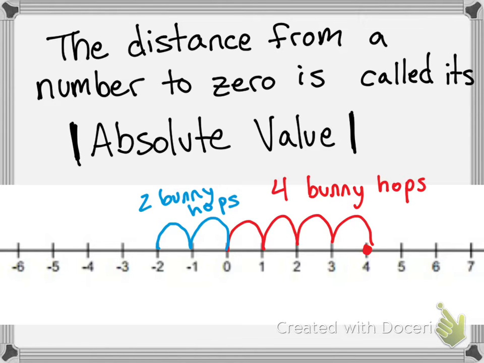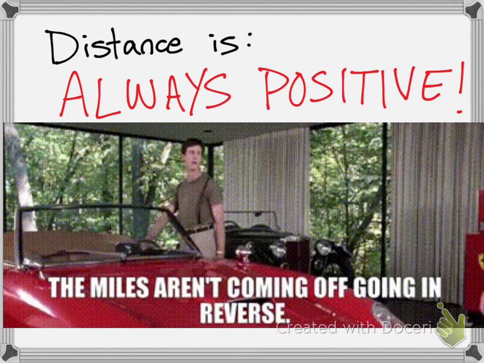So Lila, how many bunny hops did I have to make to get to positive 4? 4 bunny hops. Pearson, how many bunny hops did I have to do to get to negative 2? 2. Yeah, 2 bunny hops. We don't have negative bunny hops. Bunnies can't hop negative, even if they hop backwards. Distance is always positive. Just like with a car, if you run the wheels in reverse, the miles don't come